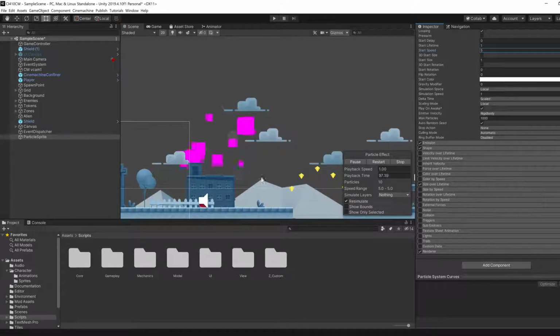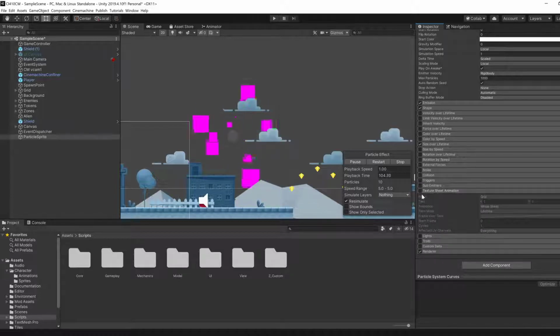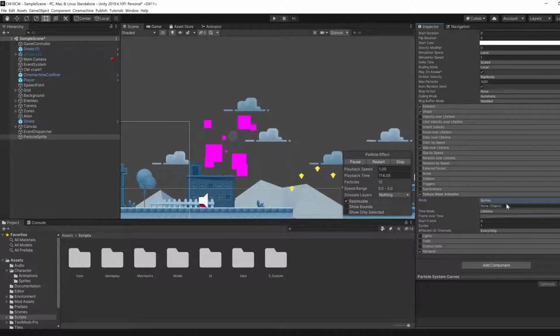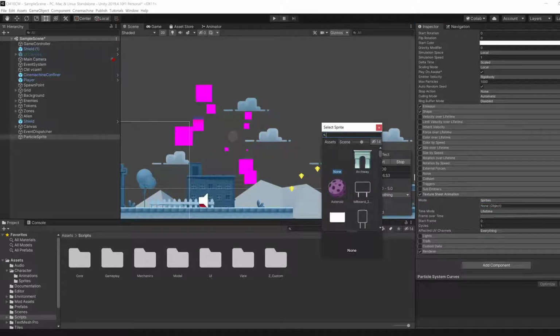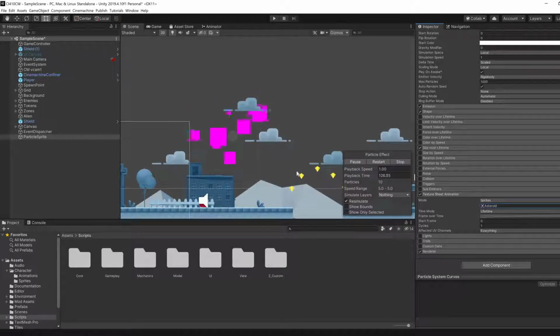What we want is to change these software rendered shapes into something like a texture. So if we go to texture sheet animation, check that so it's turned on. In the mode setting, change it to sprites. And then you can select a sprite from there. There are a bunch of sprites that we currently have, so let's just select the first one, asteroid, first doable one, I guess. And then if you want to actually change the visuals of that, we're going to go to